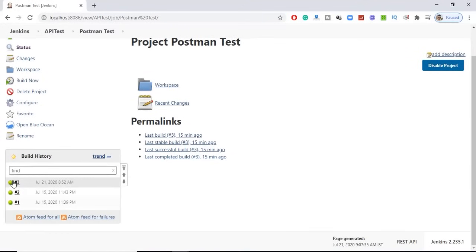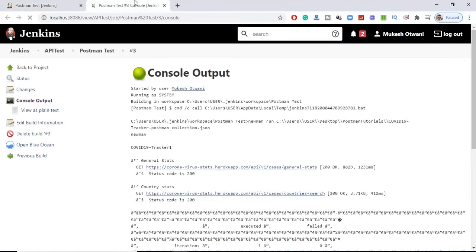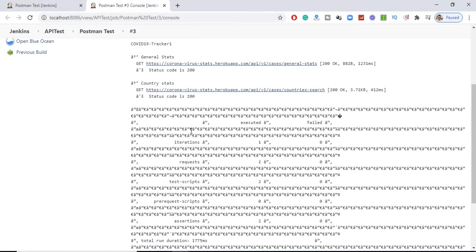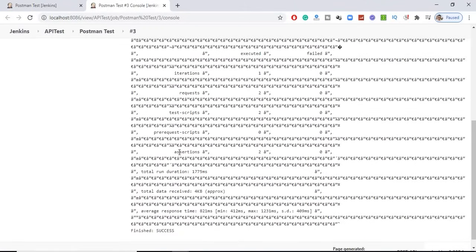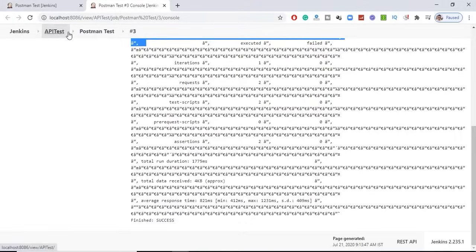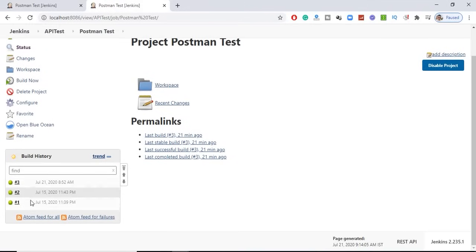The weird issue which people are facing is that they are able to get this console, which obviously is not in a readable format. You can see a couple of English words coming fine, but when it comes to the formatting, you can see some special characters coming. So if I show you a couple of my other logs,